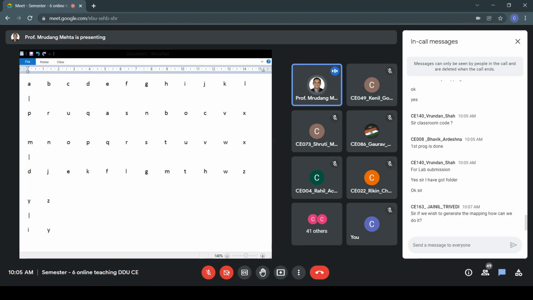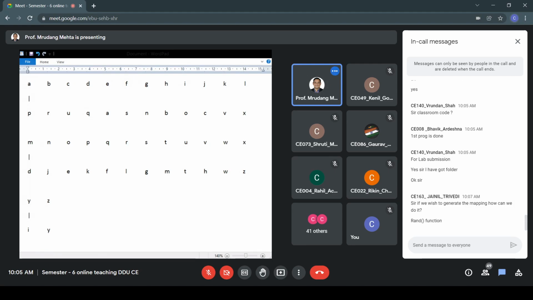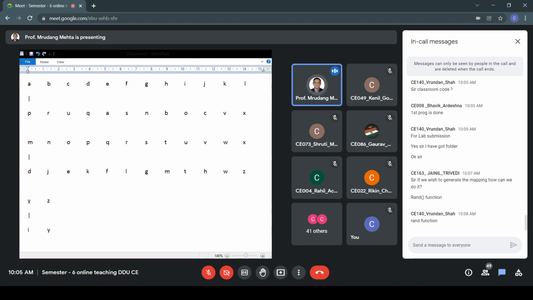Janil, this is a very good question, but I want any one of you to give your ideas on how you can do it. Can anyone tell me how to generate this random output? Right, Janil, you got the answer. It is true.